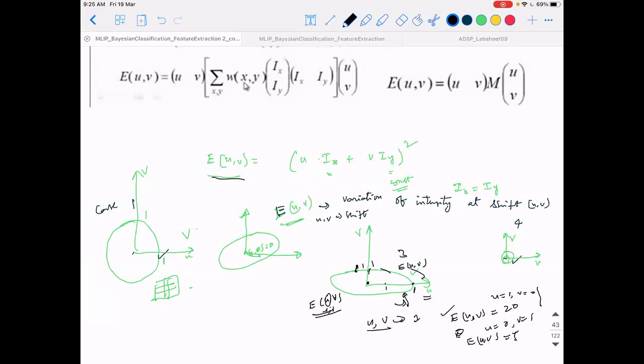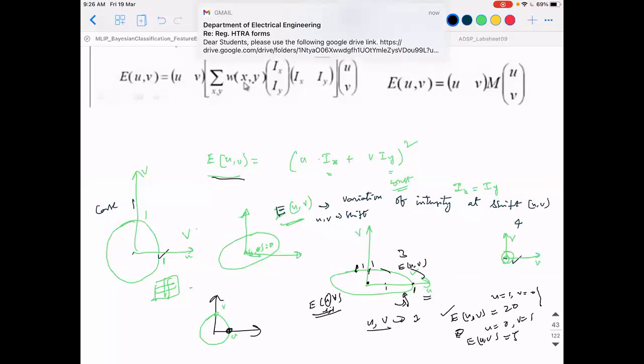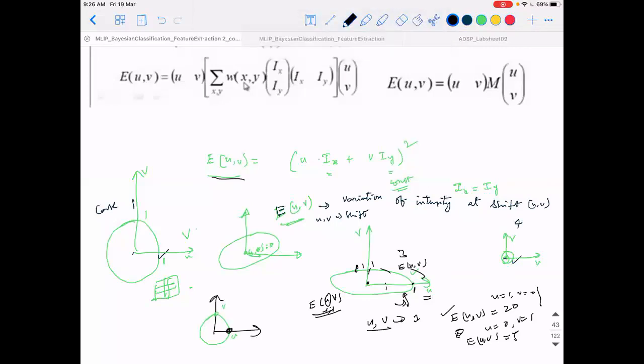Correct. So hope this is clear, right? If I fix U, V to be constants, and then put in the third dimension the values of E(U,V), assume that the values are fixed, but here the magnitude is very high, or the magnitude is low. Here the magnitude is very high. So in that case, the interpretation is different. I say that in that case, variability is high in V. But if, as I mentioned, it is a constant E(U,V), then the variability is high here. So hope this is clear, right?